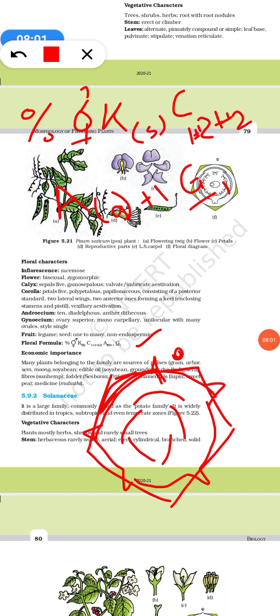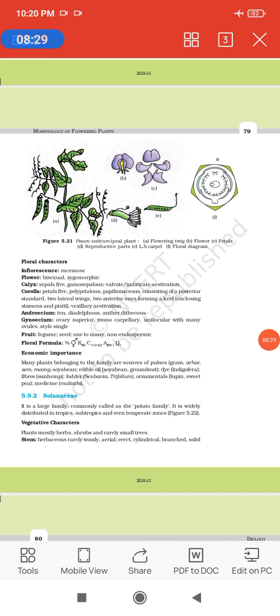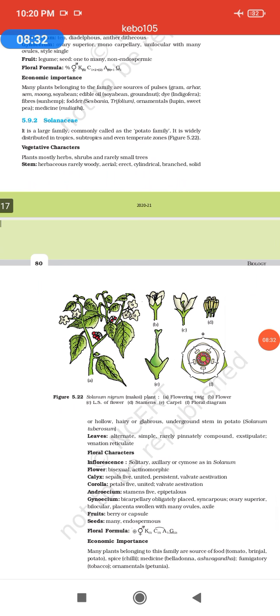Okay, like the structure. And then after that we have androecium 9 plus 1. So there is 1 androecium over here, and I have 9 androecia which are fused. Okay, then we have a single gynoecium. Okay, single carpel. So that is how you write a floral formula and give a floral diagram.